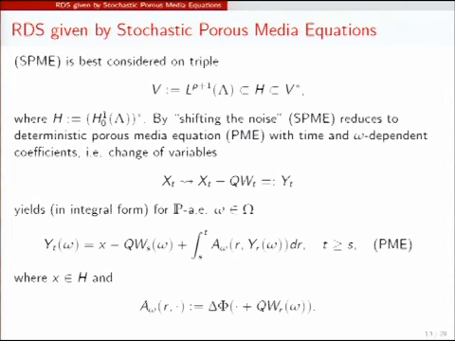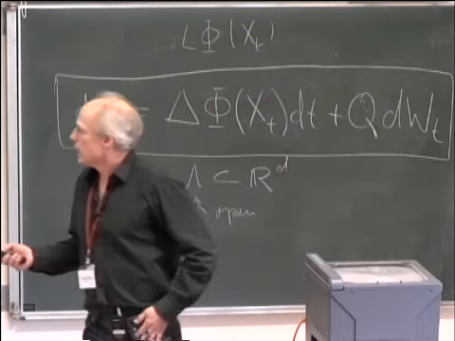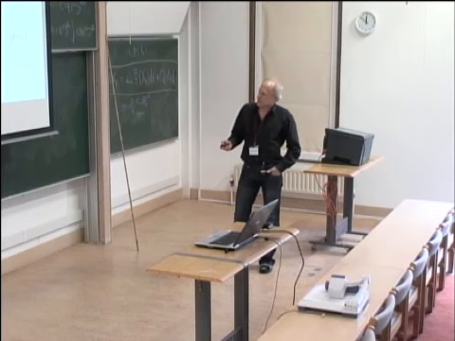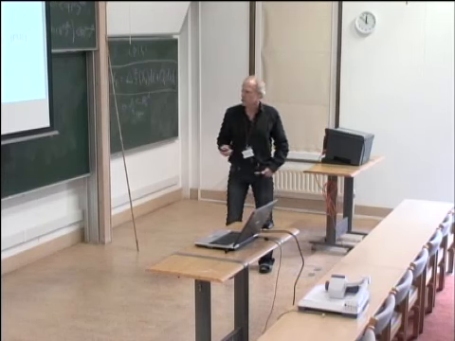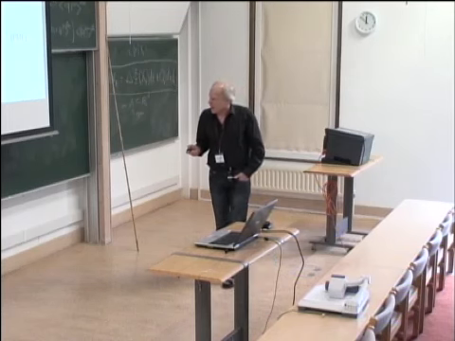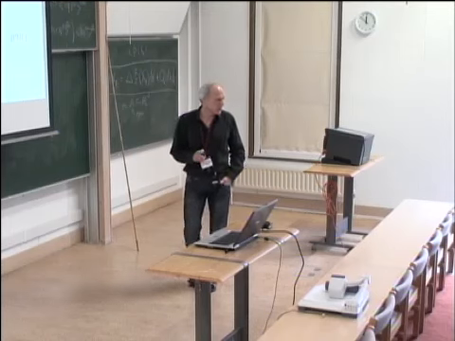And you come up with this equation. You start at s, so this term comes in. And then you simply subtract, you put it equal to y, and you add. So this will be the coefficient for y, and what has changed is that now phi is time dependent. By the way, in the general result about stochastic porous media, phi can depend on time. That's not the problem. So anyway, it becomes time dependent through this path. And what is not so nice is that this path is only in R here, so the time dependence is only continuous, which is not so nice.